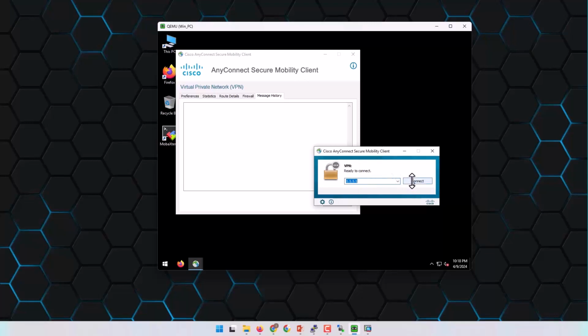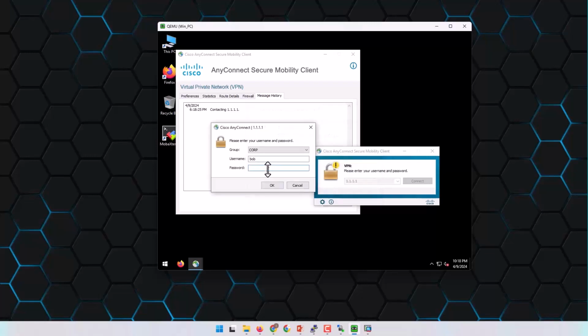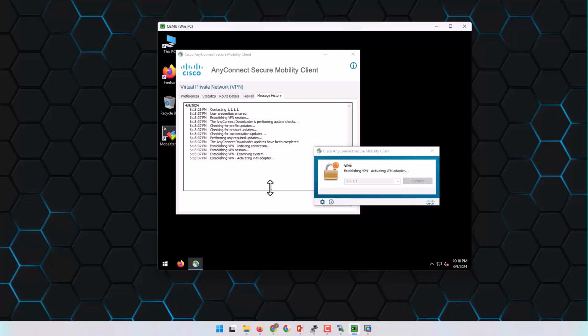Now let's click on connect. Connect anyway. It gives a certificate message again, and let's type the password, Cisco. Now you can see everything is okay, and it's trying to establish the session, configuring the system, and connecting to